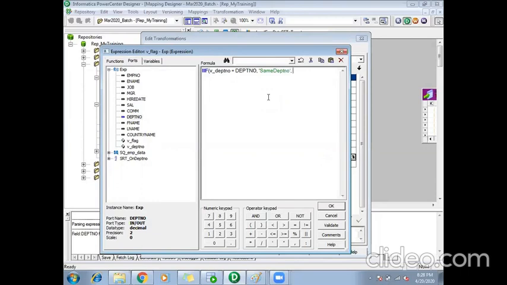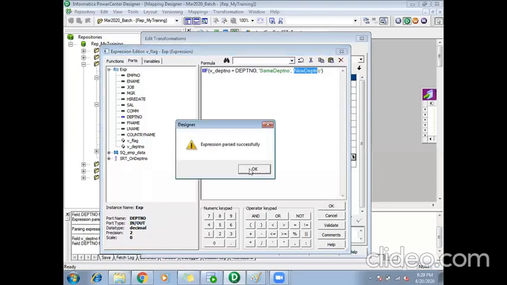Otherwise, I will say new department number. So in this v flag port, based on the comparison of the already processed record and current record department number, it will be assigned with same department number value or new department number value.